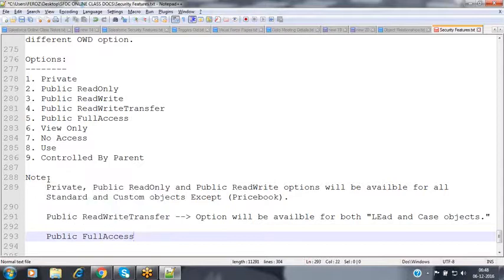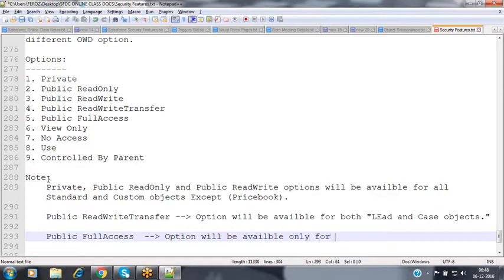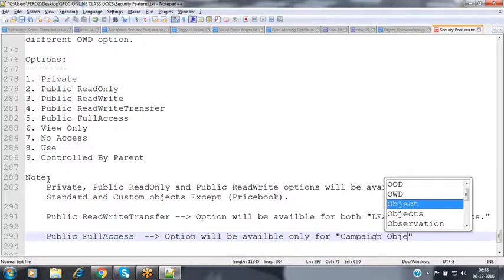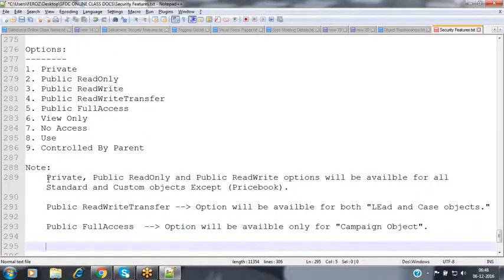The public full access option is available only for the campaign object in Salesforce.